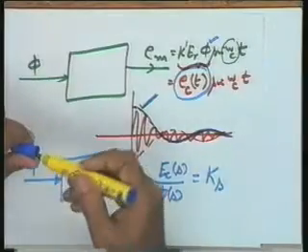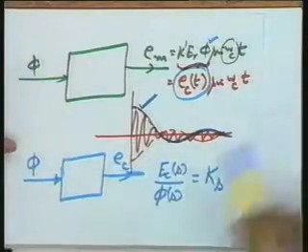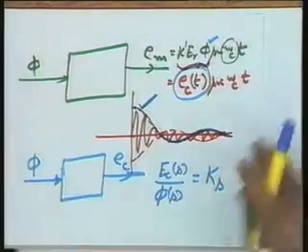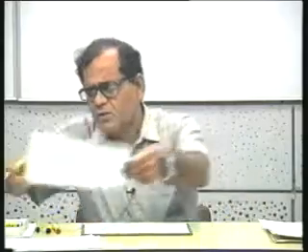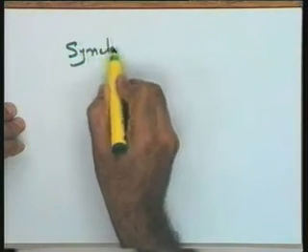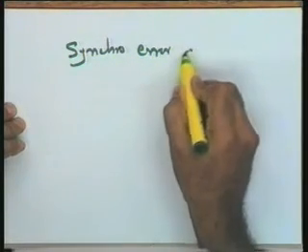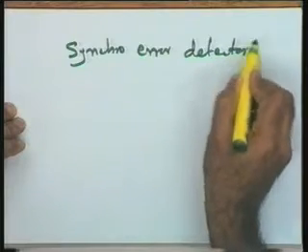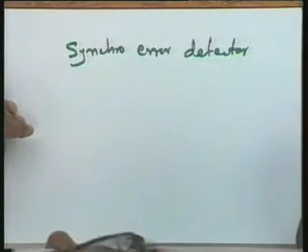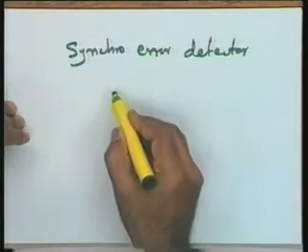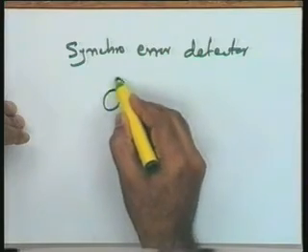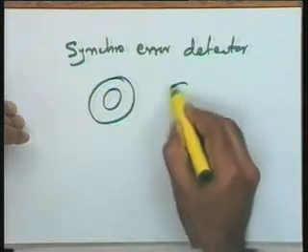At this juncture we are interested in the feedback loop model, and therefore my interest will be between phi and EC. So now I have a simple mathematical model. The assumptions involved should be known to you. This is a simple mathematical model for the synchro error detector. The name synchro error detector will be given to the device consisting of a transmitter and a control transformer pair, and a symbolic representation of the synchro error detector could be of this type.